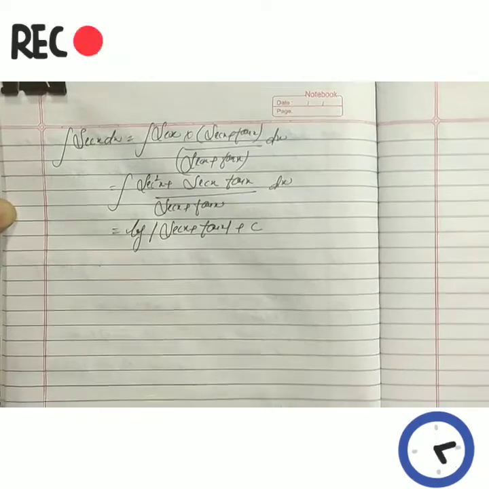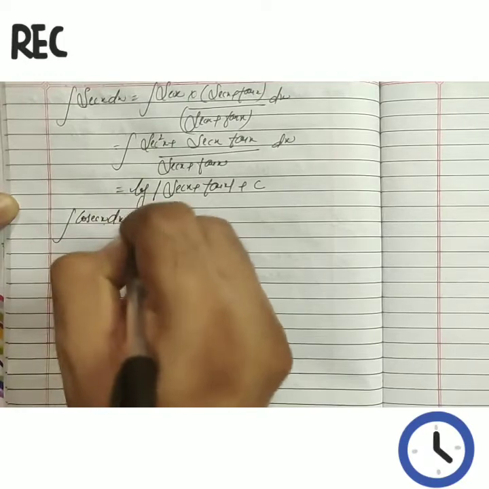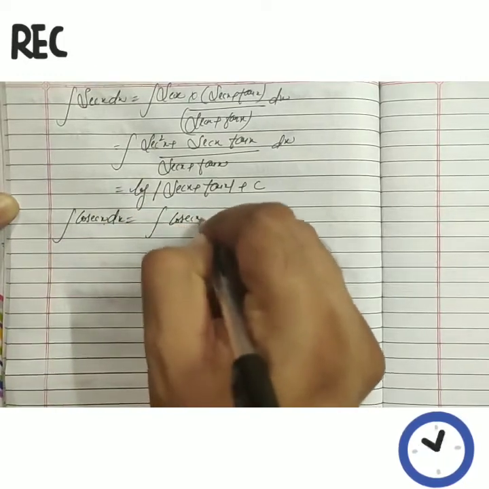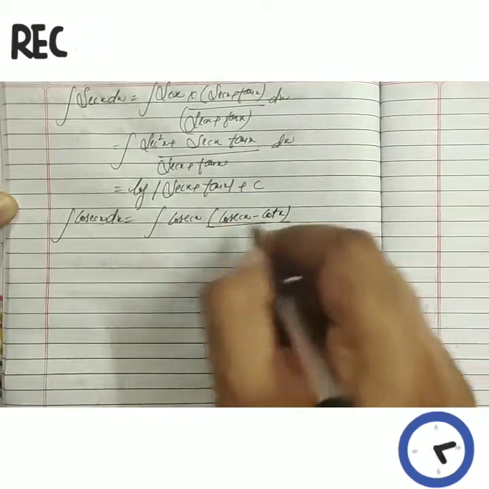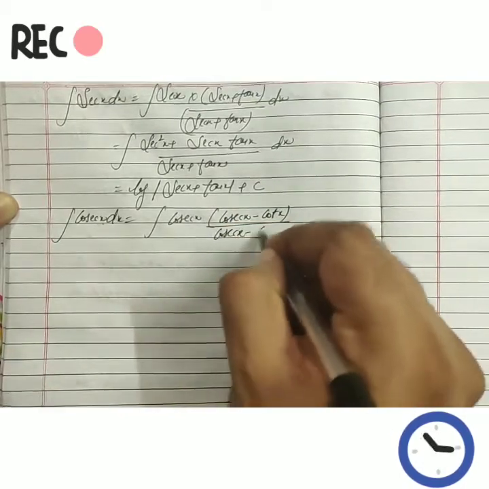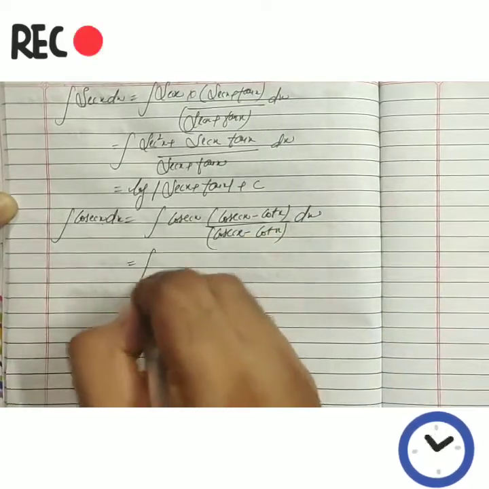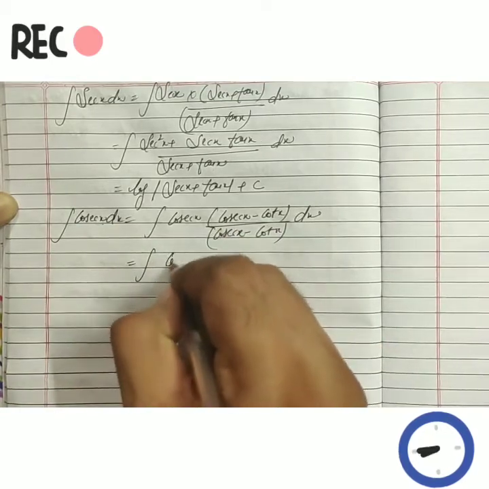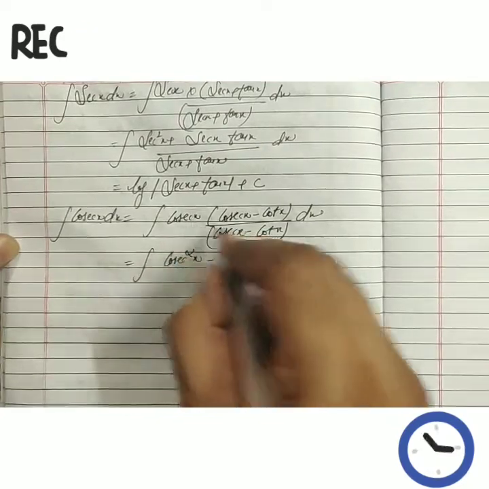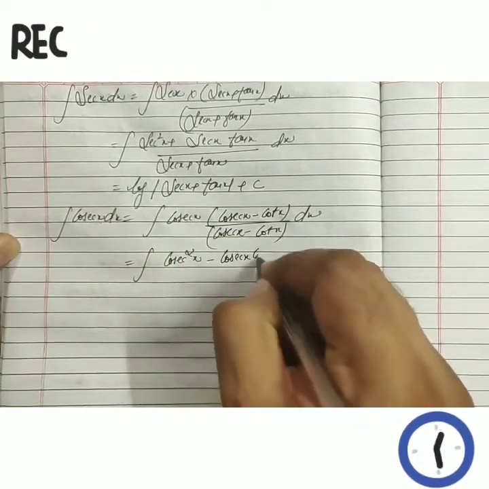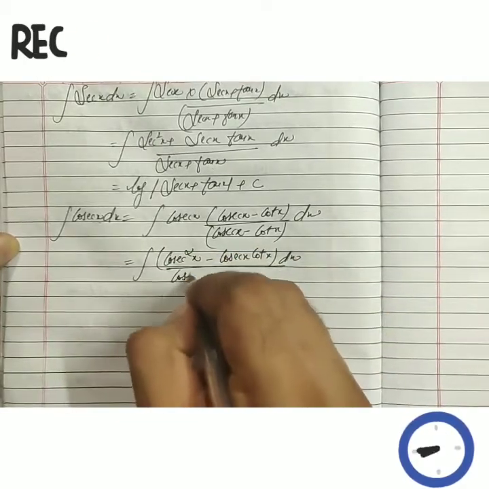Like this we can integrate secant theta. In the same way, integration of cosecant x dx is given by cosecant x multiplied with cosecant minus cotangent divided by cosecant minus cotangent, with dx. Open the bracket, cosecant multiplied with cosecant becomes cosecant square x minus cosecant x multiplied with cotangent x, we get this in the numerator,